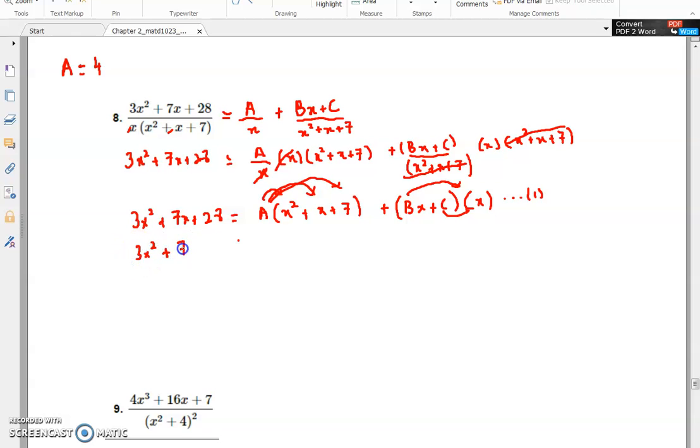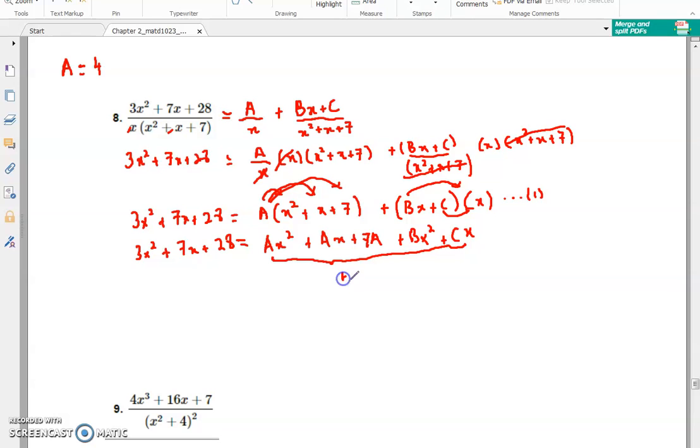we are going to get the left hand side will be the same value there, but here we are going to get ax squared plus ax plus 7a plus bx squared plus cx. Then rearrange this part. Okay, let me put it in our notes. We need to rearrange,